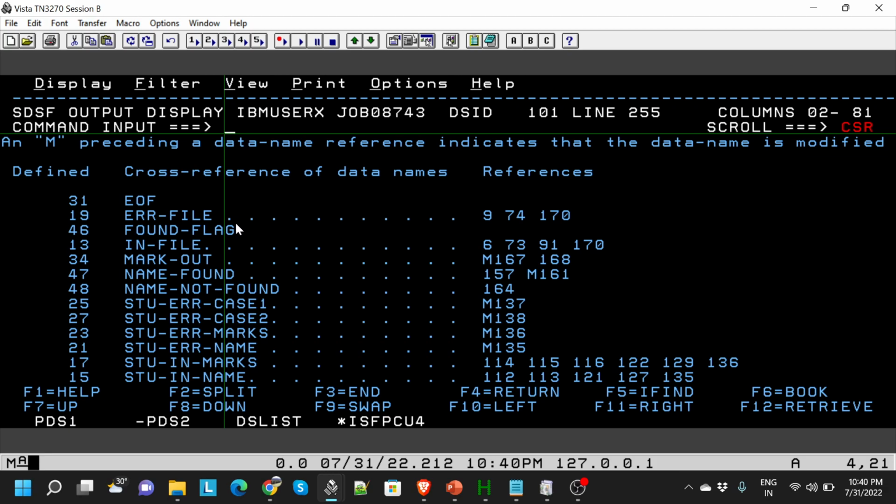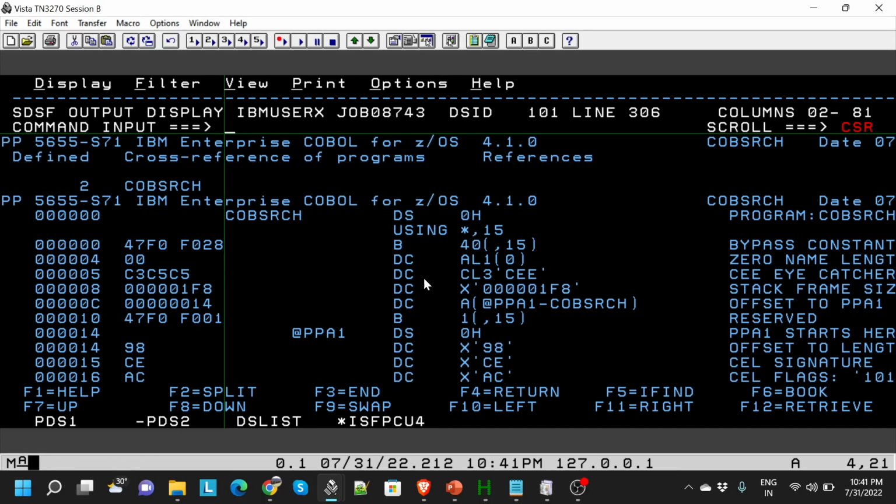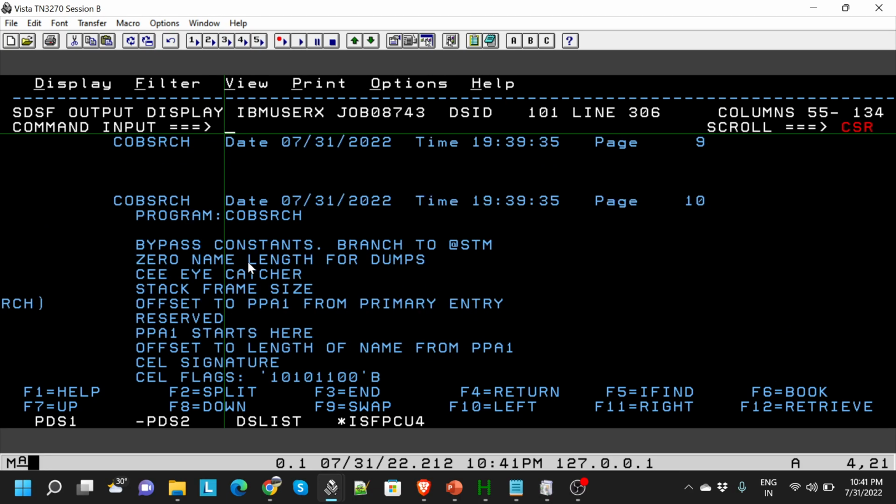If you see, this compiler converts all the COBOL English language into an object code. This is nothing but the object code. All are converted into an object code. So if you see this,